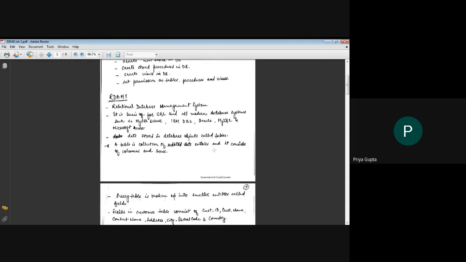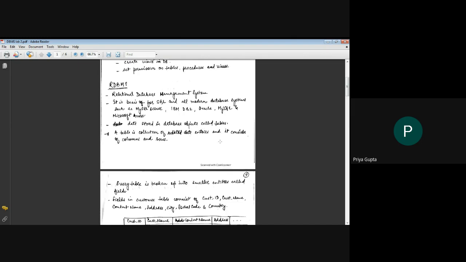Now moving on to RDBMS. As you all know, RDBMS is a relational database management system. It is the basis for SQL and all modern database systems such as MS SQL Server, IBM DB2, Oracle, MySQL, and Microsoft Access. It stores data in database objects called tables. A table contains rows and columns.